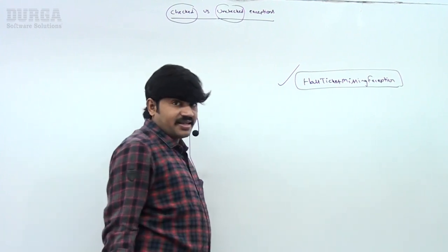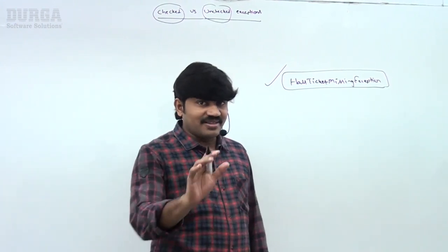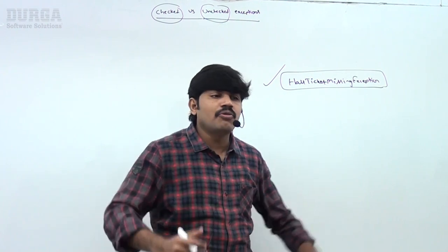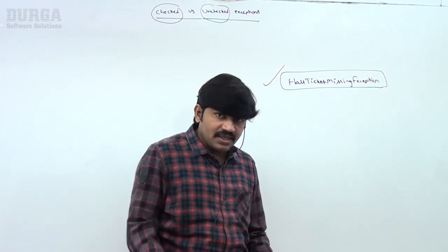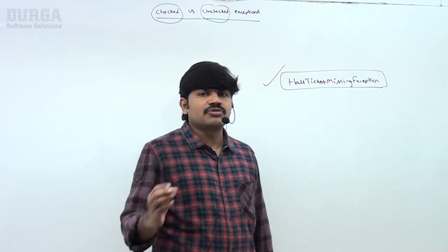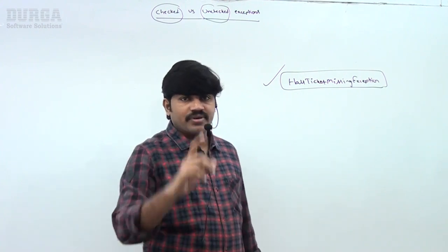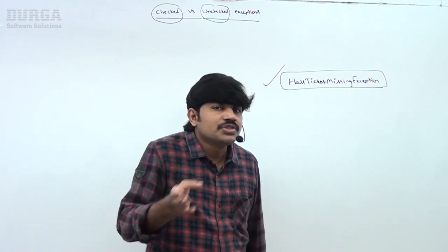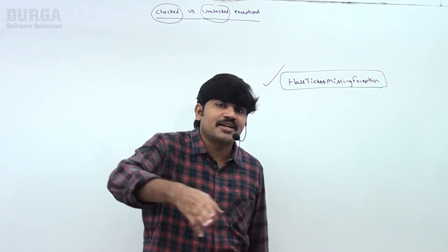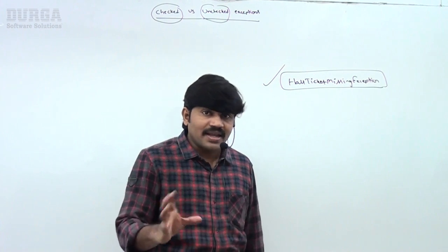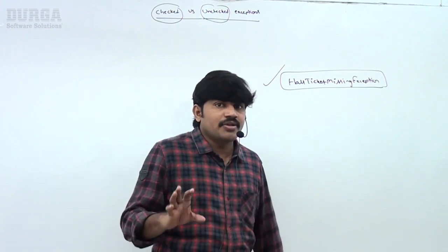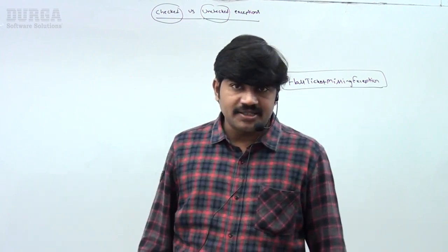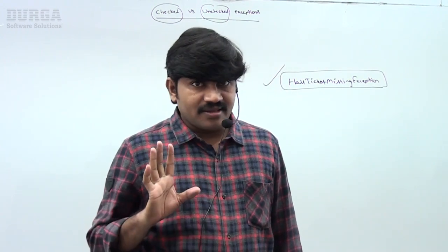Mother can check, the compiler is checking. Forget about the compiler, mother is always going to check, because it's a very common exception for the exam student. The people who are going for the exam, minimum in a center 10 to 20 members are always going to miss the hall ticket, right? If the mother is going to alert, then there is no such type of problem. So the exceptions which are checked by mother, which are checked by the compiler, whether the programmer is handling or not, for smooth execution of the program at runtime, these exceptions are by default considered as what? Checked exceptions, right? Yes, friends, all the things are very clear.